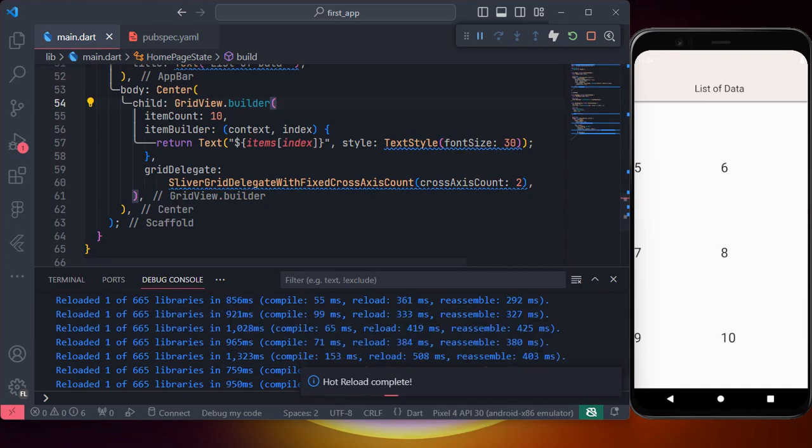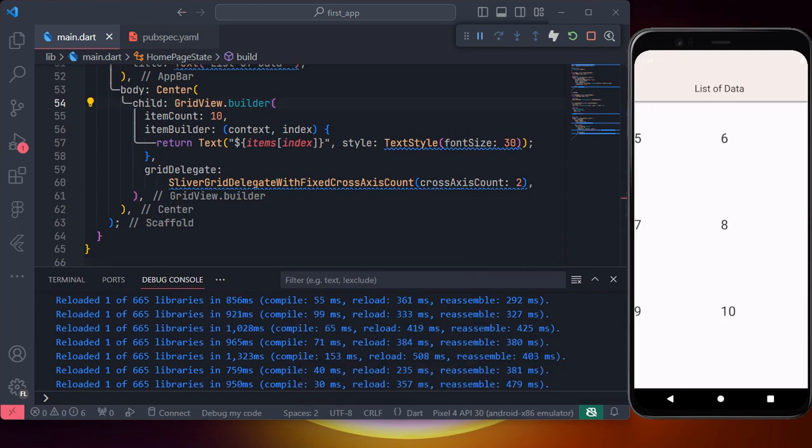So that is all about list. You have this grid and then we have the list. See you in the next